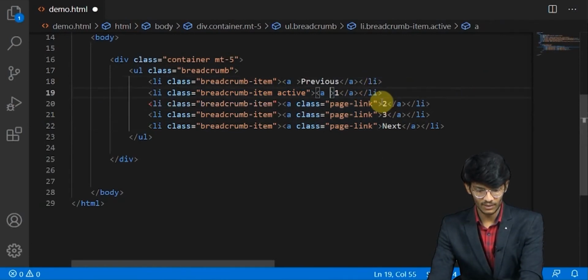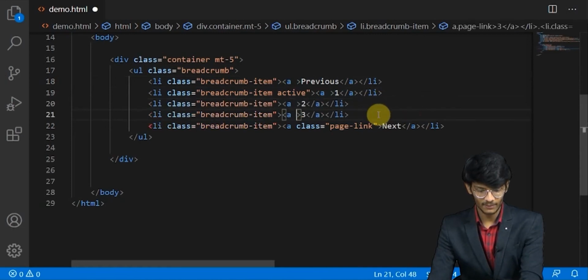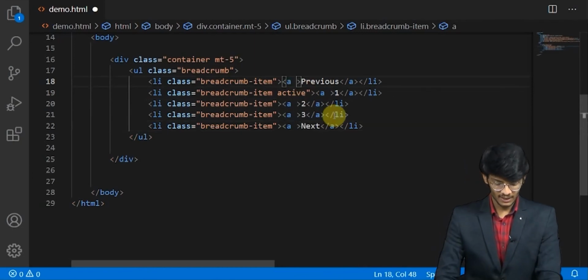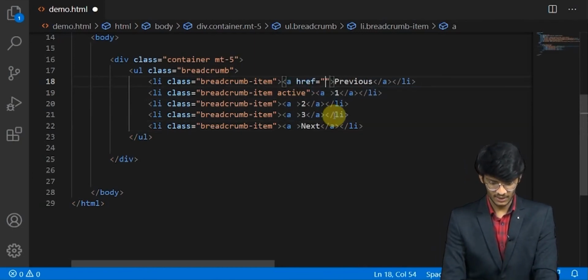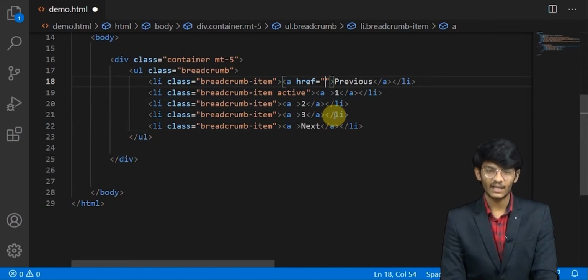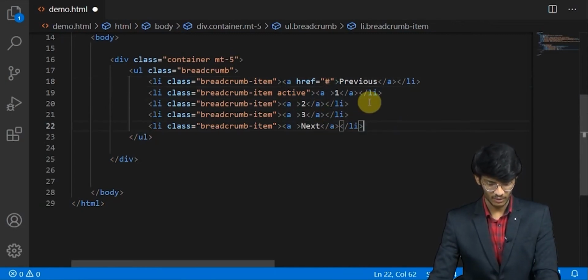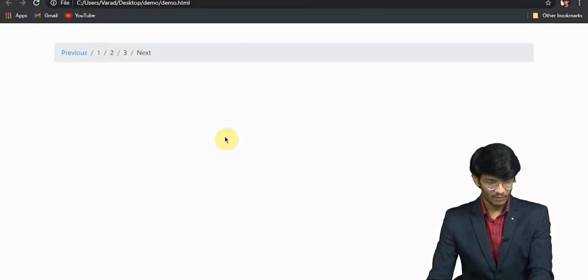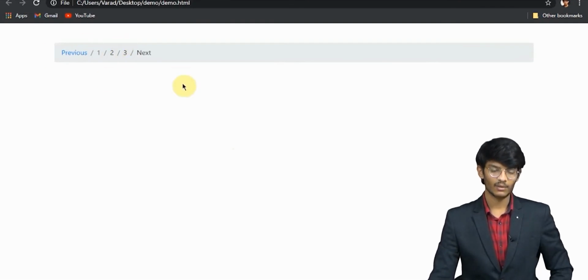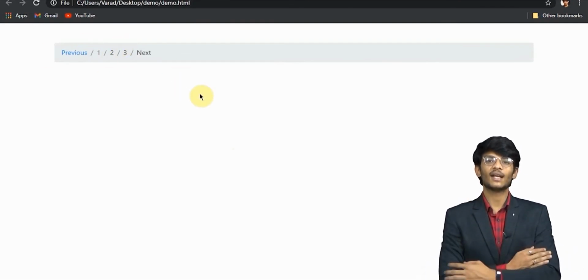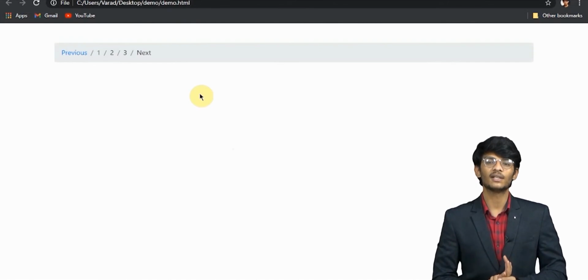We can give href in that particular anchor tag for the link, and we can give any link of that particular page. We will give just a hash for now, and we'll save it and see the output. Well, you have seen this kind of thing just under the navbar in some websites. This is called breadcrumbs.